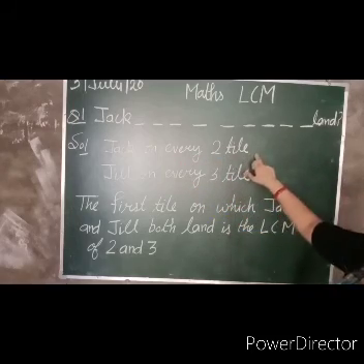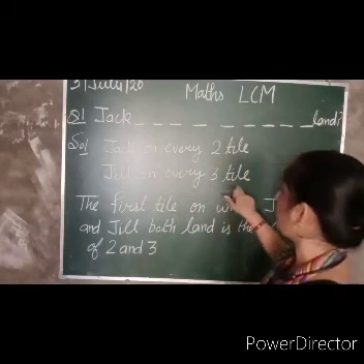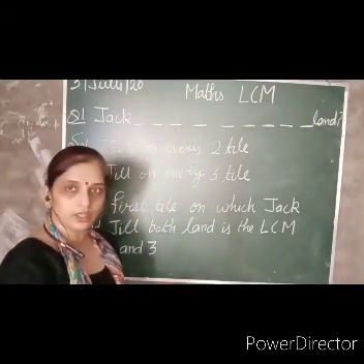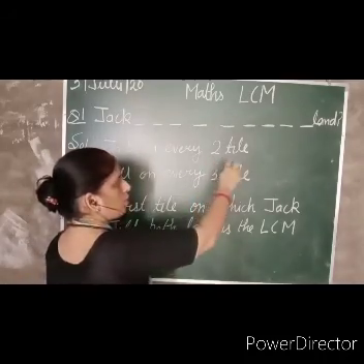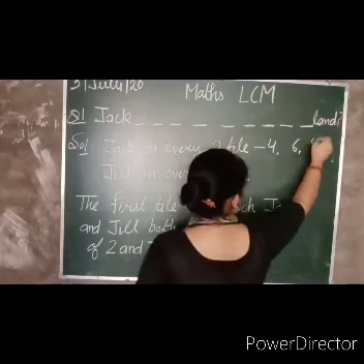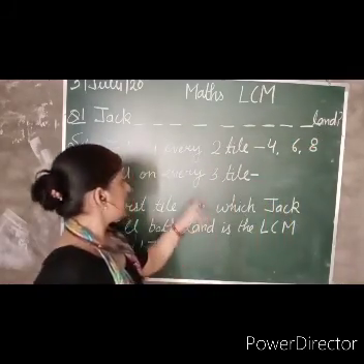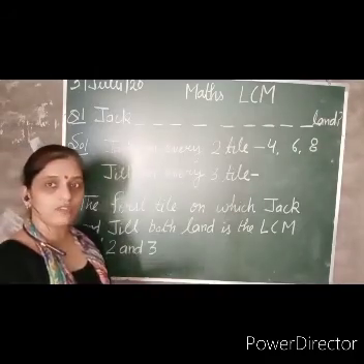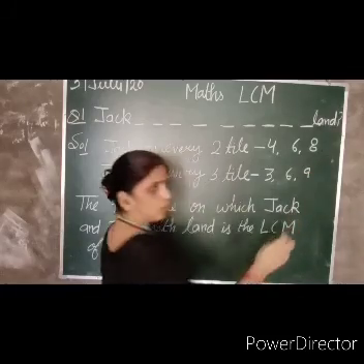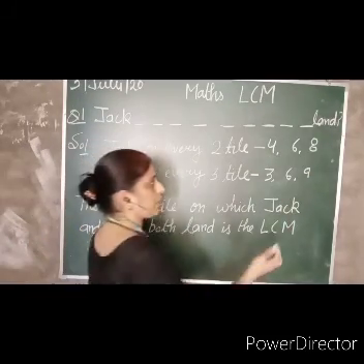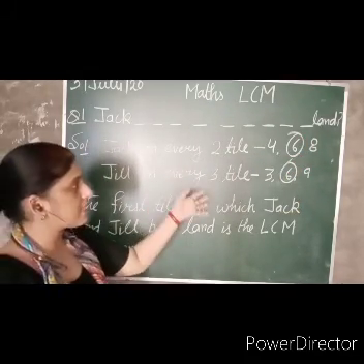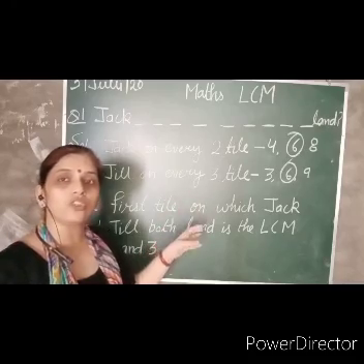Jack is jumping on every second tile and Jill is jumping on every third tile. We have to find out the tile on which both will jump together. As you can see, this one is jumping on 2. So next time he will jump on the 4th tile, right? Then 6 and then 8. Same here, Jill is jumping on every third tile. So the next tile is 3, then 6 and then 9. So the tile they jump on together is 6, because this is the first common number. It means the 6th tile is the answer on which they both jump together.